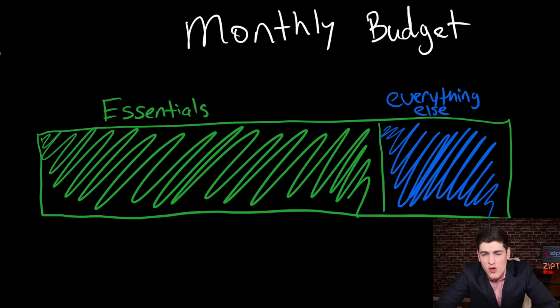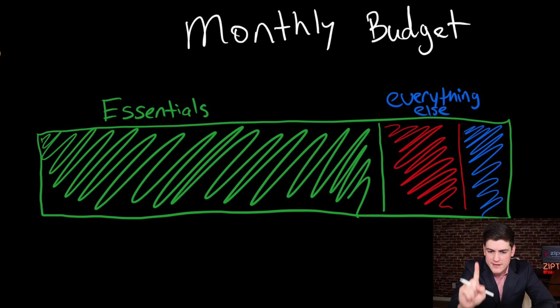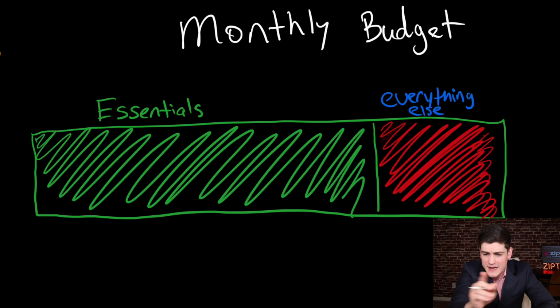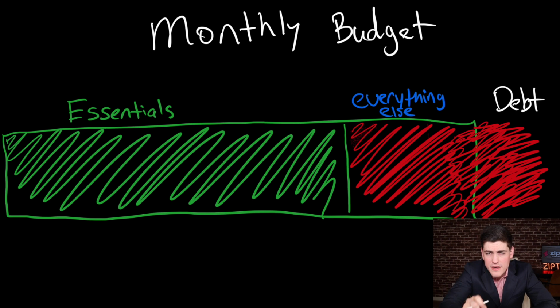But the problem is, what is happening right now? Well, essential costs are skyrocketing, which means that the blue area, the everything else category, is getting crunched. Essentials are taking up more and more of the pie, engulfing the blue territory in what I've marked in red. This red here is all of the extra ground that the essentials are taking up right now. And as this crisis gets worse, we risk the essentials engulfing everything, and perhaps in the future even more than